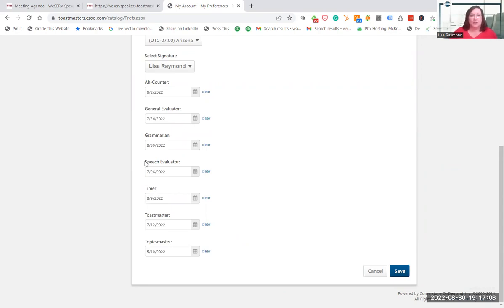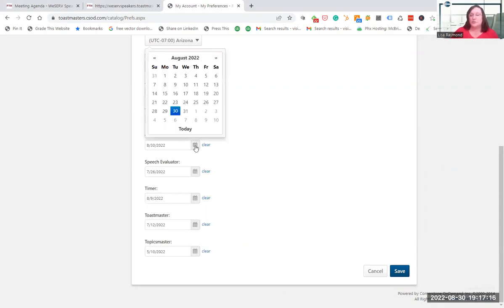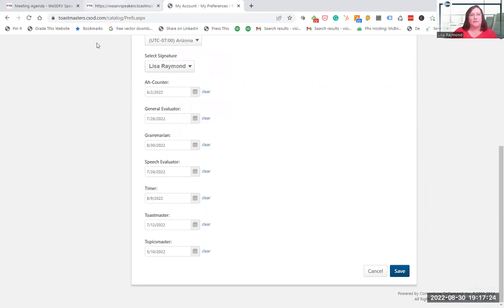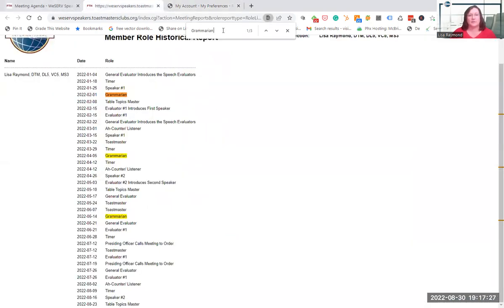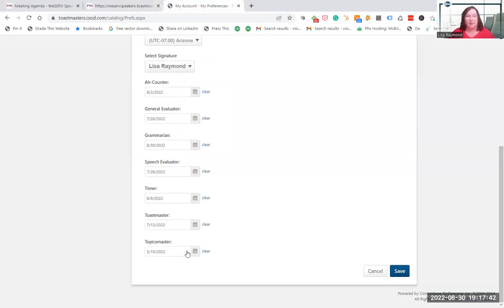As was explained earlier, and this is my date for the grammarian, when you have a role that you've fulfilled, but you don't have it marked here, simply come to the date and press today, and then go through the calendar and change the date if you need to. I'm going to go back over here for just a second. I'm going to do a search for Topics Master, which is our table topics. So there's 1, 2, and I was Topics Master on the 23rd, and I need to update that on my account. So I will come back to Topics Master, click on the icon for the calendar,